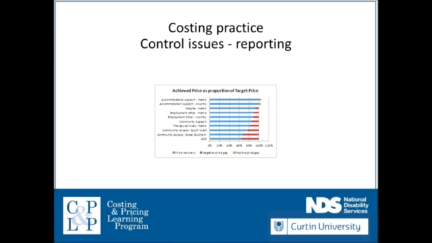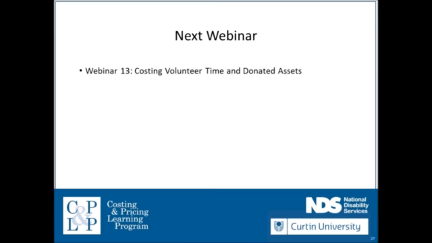There are a number of ways that you can provide information to boards and absorb information, and this is simply an example that's been taken out of the case study that's provided in the study guide under the Costing and Pricing Learning Program. As you can see in this particular graph, each service is listed down the vertical axis with the percentage of target price achieved along the horizontal axis. And you can see in this particular example only 2 of the services are achieving a positive target price gap.